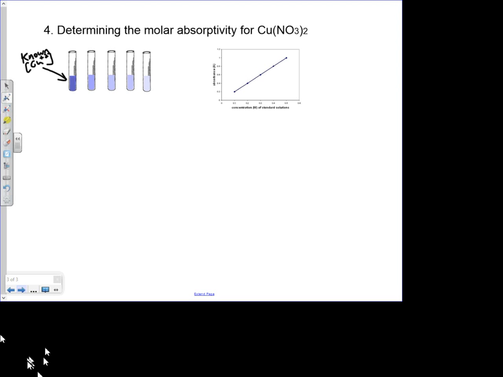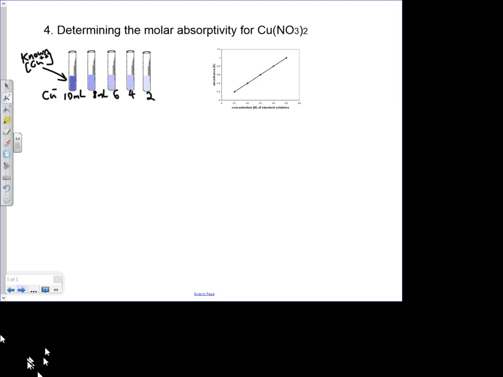You're going to take 10 mils of that and put that in one test tube. You're going to take 8 mils in another, 6 mils, 4 mils, and 2 mils. And then you're going to go,